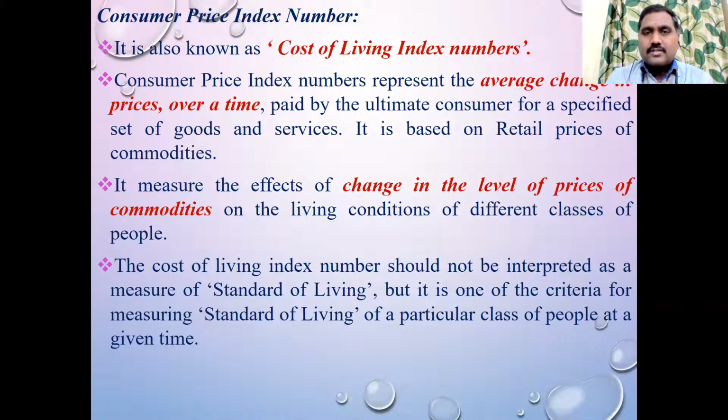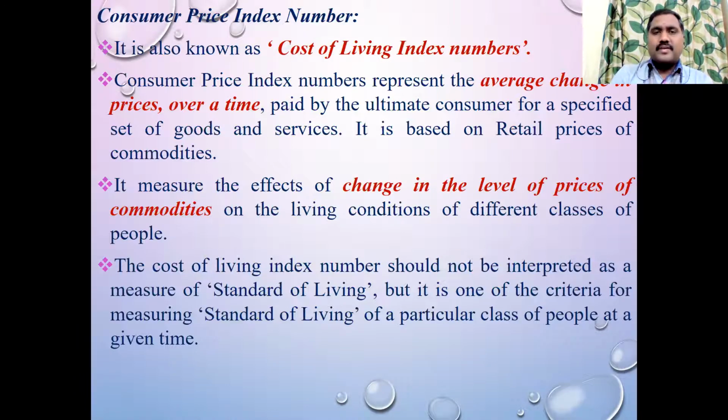Okay, so the last topic is the consumer price index number. As already explained, what is an index number? Here, the consumer price index focuses on the comparison of the cost of living of the people. Index number is like a comparison, right? You compare the price or quantity of the current year with the previous year, maybe 5 years before, or the difference between 2010 and 2014, or the percentage of change that takes place in the price or quantity of a particular commodity, across different locations or time periods. All those things come in index numbers.